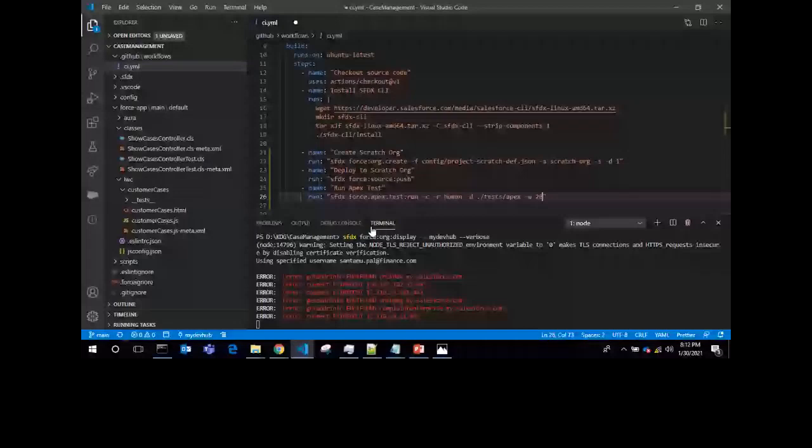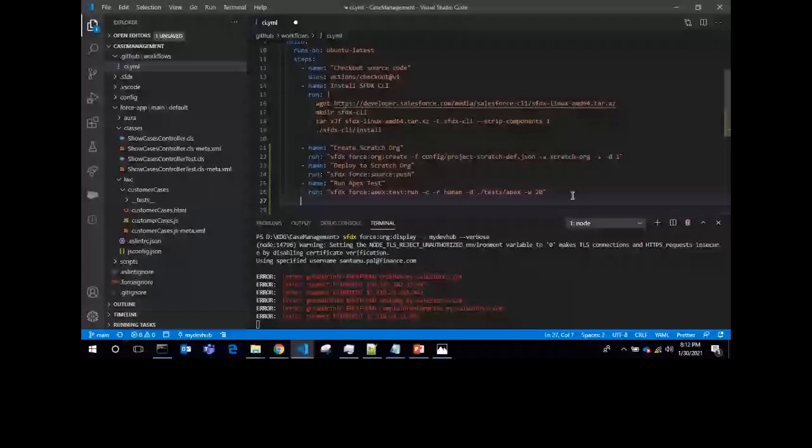Next, we have to upload our code coverage, whatever the code coverage is, let's say 75% or 90%. That result we need to upload from the scratch org, from the execution, to the Codecov.